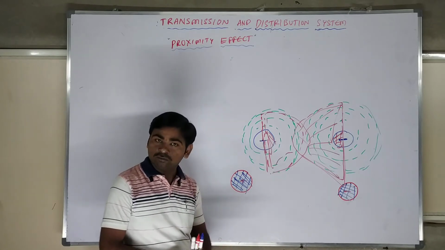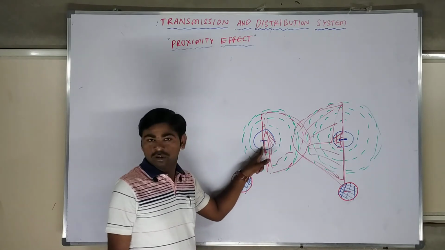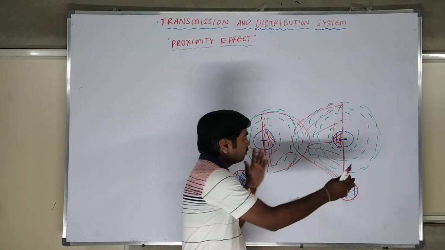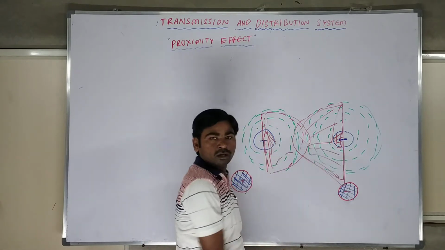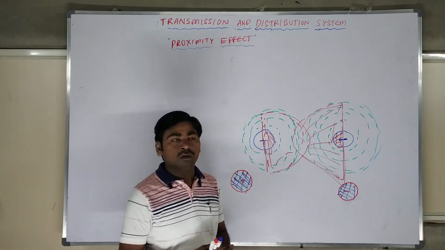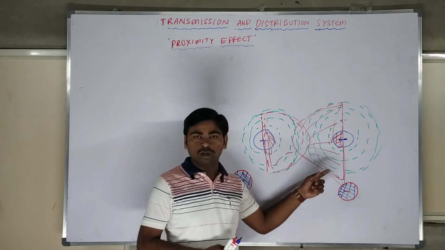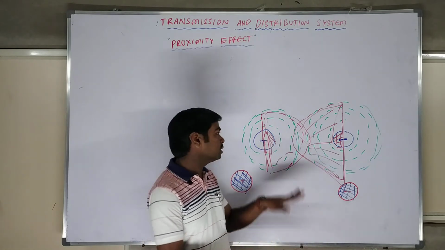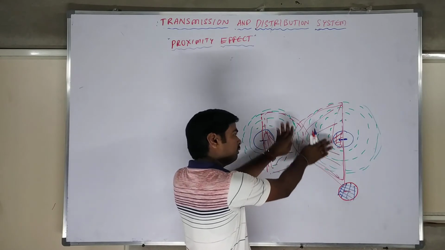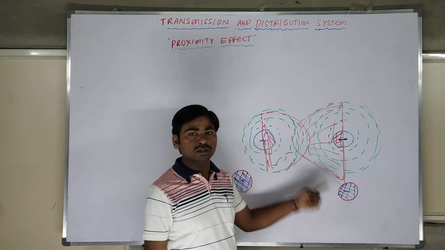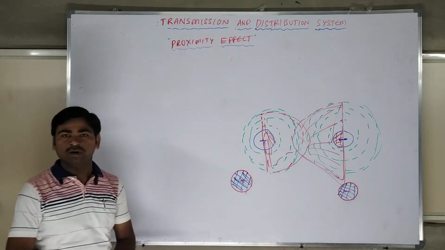What can we say? The proximity effect is when current flows through one positive conductor and one negative conductor and the two conductors are brought nearer. At that time the current is distorted between the two conductors. Both conductors have the current concentrated on only one half side of the conductor rather than the full conductor cross section. That is the proximity effect.